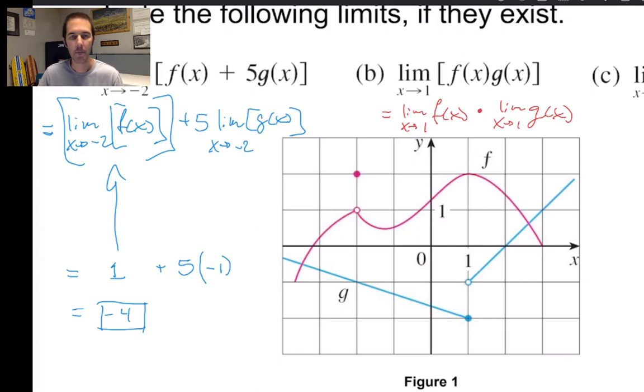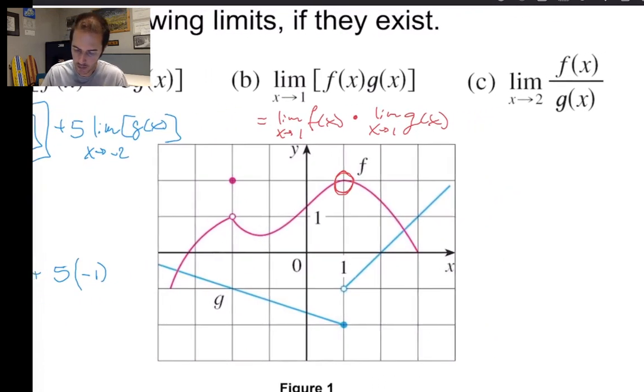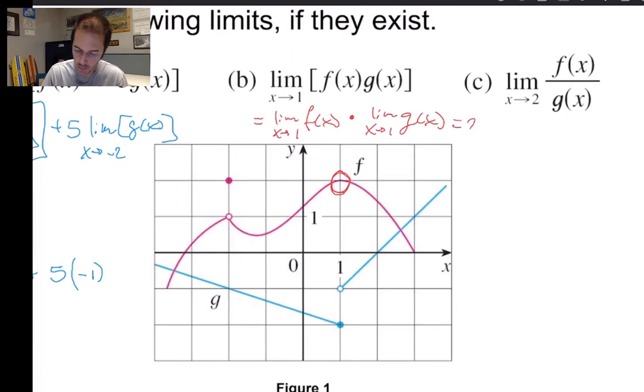multiplication symbol in there. And the limit of our magenta function f as x approaches 1, it looks like we're going to be in this neighborhood when x is equal to 1, and I'd say whether you come at it from the left or from the right, you're approaching a y value of 2. So let me slide this over, and I will write equals 2 times, and then let's look at the g